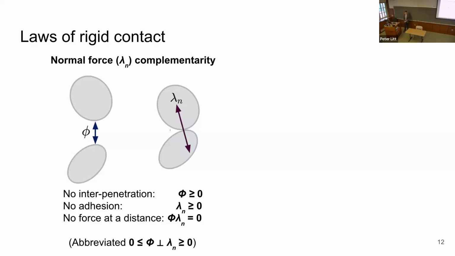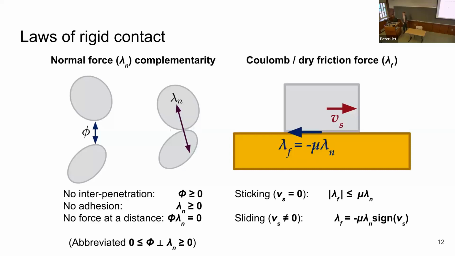Finally, another simplification in these simulators is that we do not model adhesive or sticking effects such as materials like Velcro or adhesives. And we'll often combine and abbreviate these three constraints together using this notation shown here on the bottom. The second set of laws describes friction, or a physical phenomenon where objects sliding against each other resist that sliding motion. So typically in simulation, we use something reminiscent of the laws of friction that you may learn in high school or undergraduate physics courses.